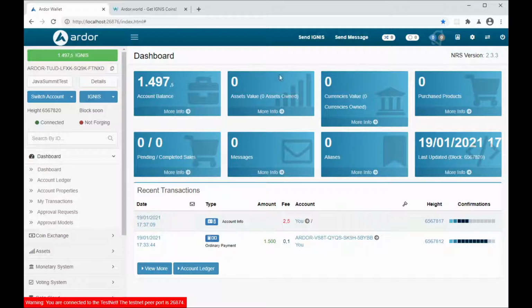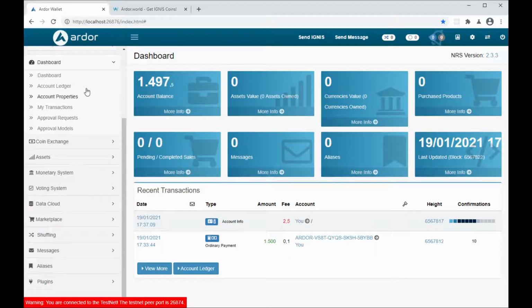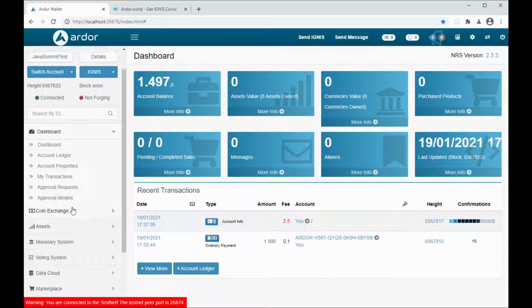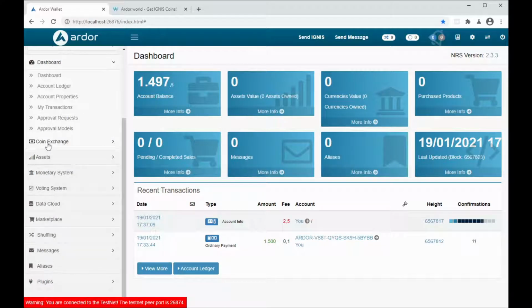As you can see, you have this dashboard here, you have here the recent transactions, and to the left I have the list of all the sections or the features that the blockchain implements. Remember, I talked at the beginning that Ardor is a next generation blockchain, where transactions are not just a transfer of value, like for example this first transaction that we've made, which is moving tokens between two accounts. We have a lot of other features like a coin exchange, which is a decentralized exchange